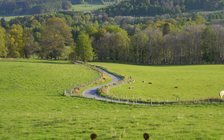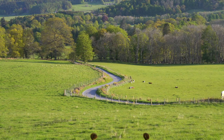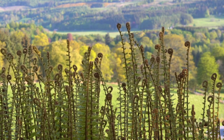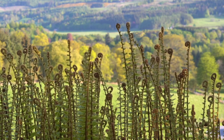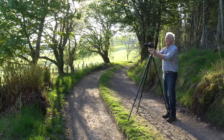So I've identified a couple of items which I think would help to create a nice shot. One is the road down there, which has got a nice little kink in it, which will look quite good, quite a graphic quality to the shot. And in the foreground, I've got these ferns which are beginning to unfold, and they've got a nice little spiral at the top. And I think if we can get those two elements into the shot, we'll have a much more interesting landscape